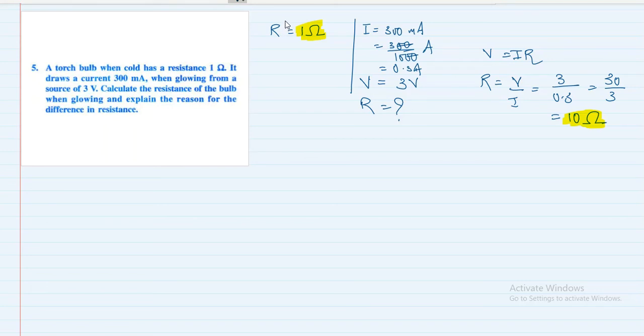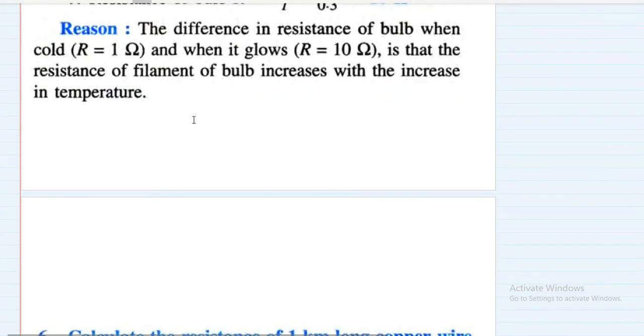याद रखना है इसको। रेजिस्टेंस, कुछ फैक्टर्स है जो रेजिस्टेंस को कंट्रोल करते हैं। लेंथ ऑफ वायर, थिकनेस ऑफ वायर, मटेरियल ऑफ वायर, और एक है टेम्परेचर। टेम्परेचर बढ़ने से रेजिस्टेंस बढ़ता है। जब बल्ब ग्लो करने लगता है तो उसका रेजिस्टेंस बढ़ता है। ठीक है, नेक्स्ट क्वेश्चन।